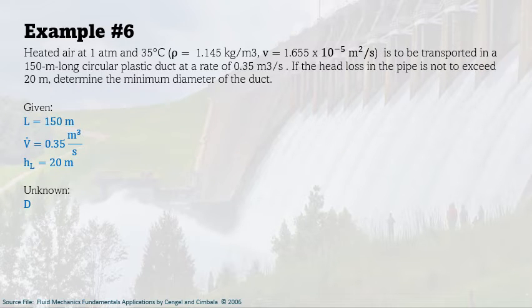So we have here another example. We have heated air at 1 atm and 35 degrees Celsius. The density and the kinematic viscosity are given. It is to be transported in a 150-meter long circular plastic duct at the rate of 0.35 meter cube per second. If the head loss in the pipe is not to exceed 20 meter, we determine the minimum